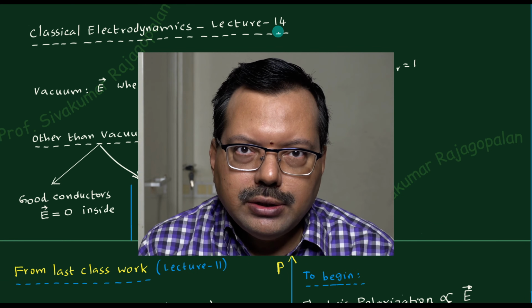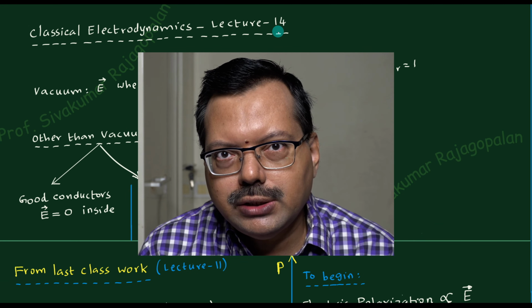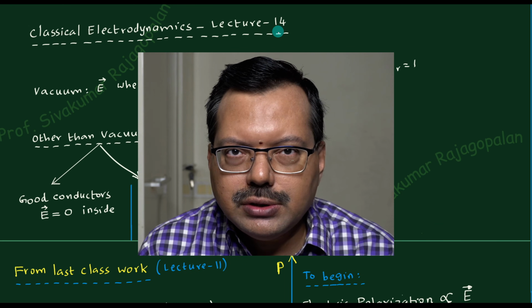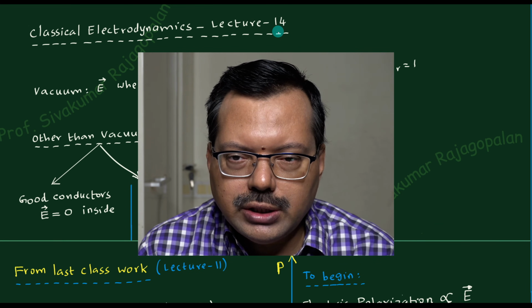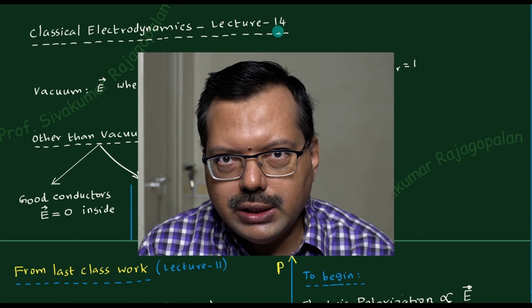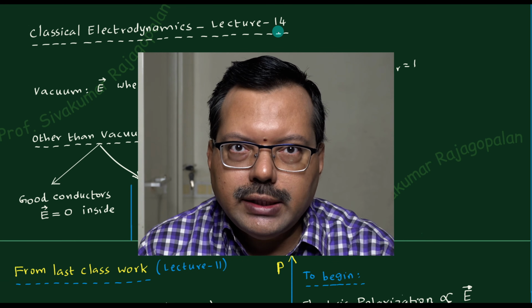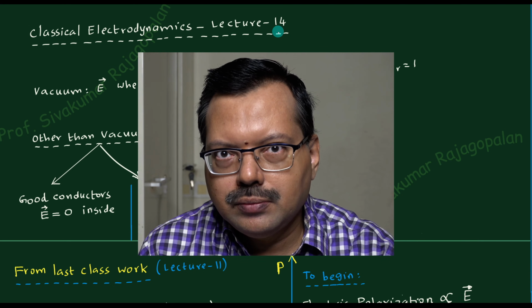So the overall idea is clear based on the previous lecture, and we would like to know what the relation is between these two charge densities, namely the surface bound charge density and the volume bound charge density. That is one interesting question: what could be the relation, or do we have any relation at all? That is the first thing. The second thing is how the electric field is going to behave inside the dielectric.